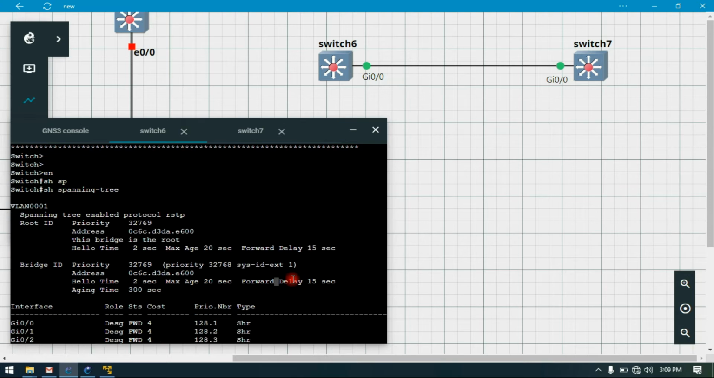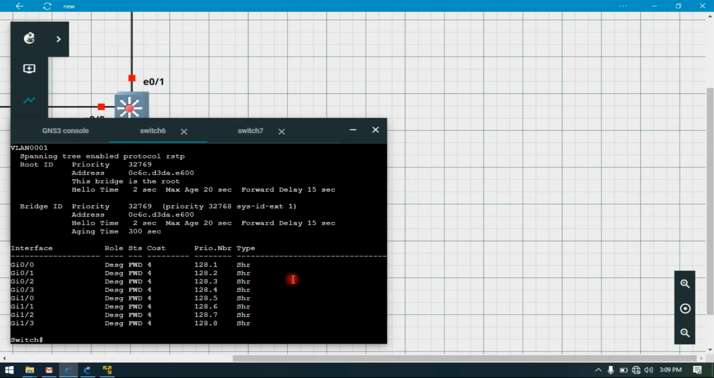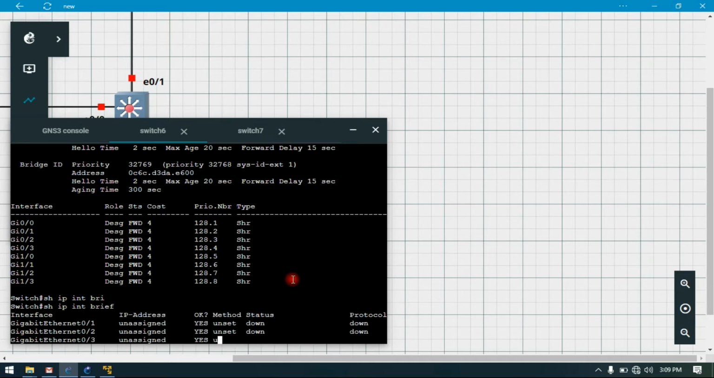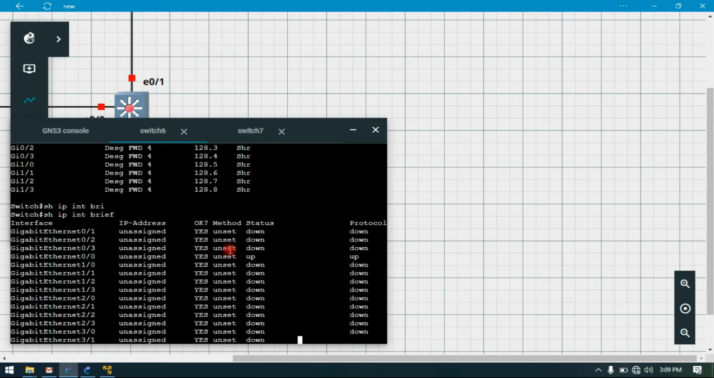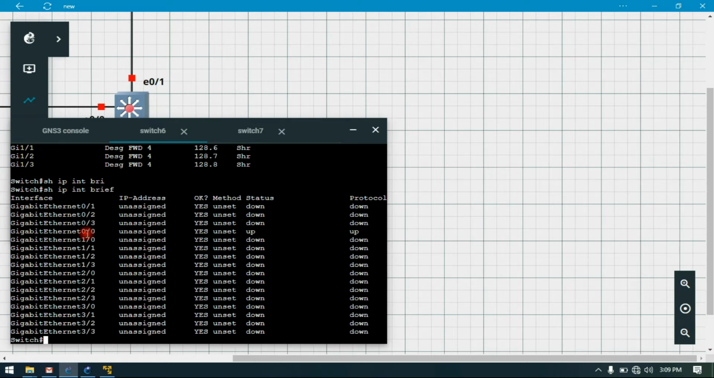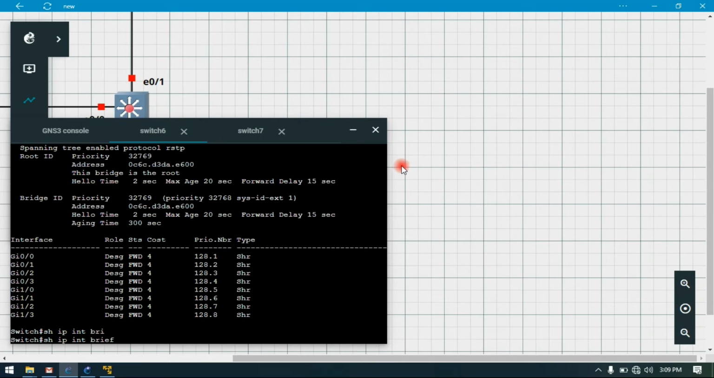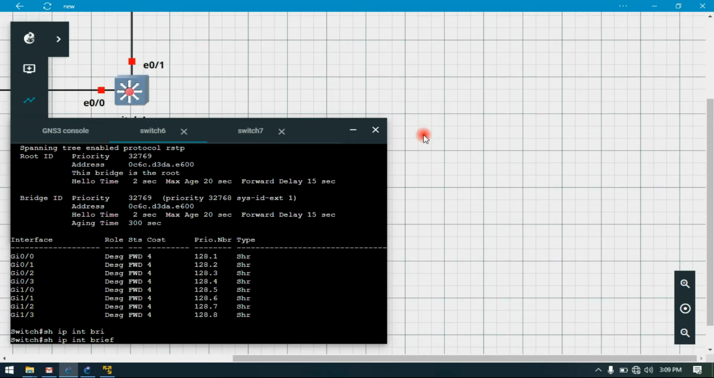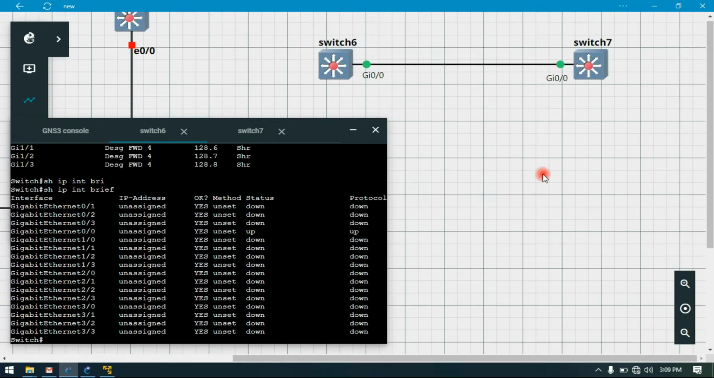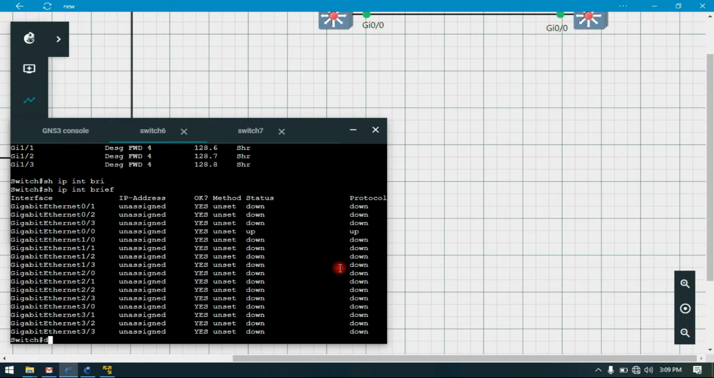So at the moment, on all the interfaces on the switch, do show IP interface brief. At the moment, all the interfaces are down with the exception of gigabit 0/0, and it has no IP address, and it cannot be assigned an IP address by default unless we configure it manually. So how do we configure an IP address on this interface to act as a layer 3 device,